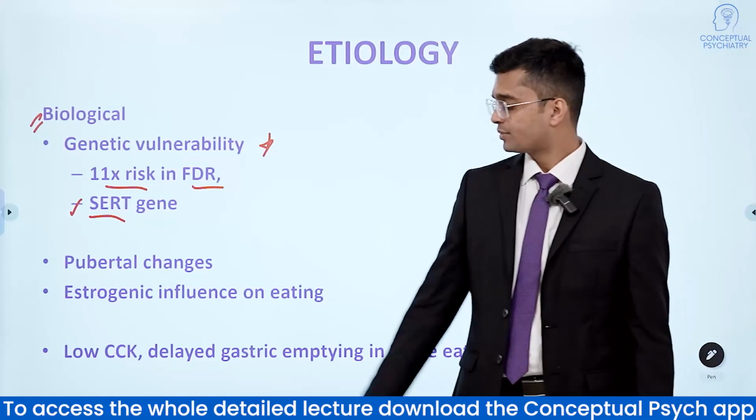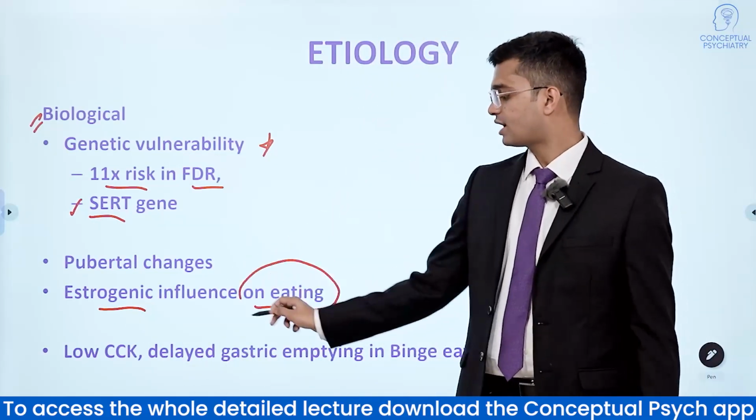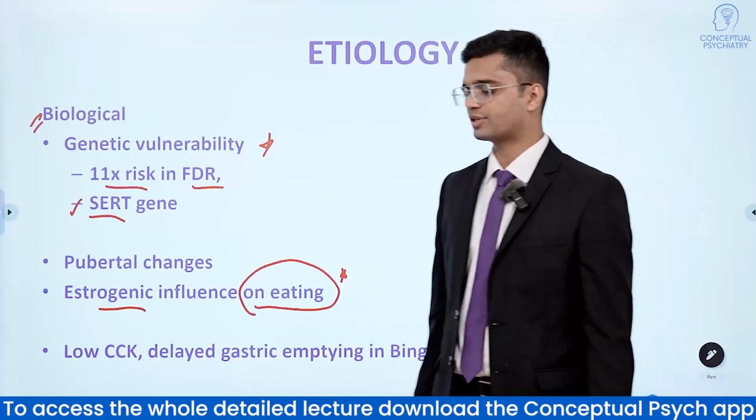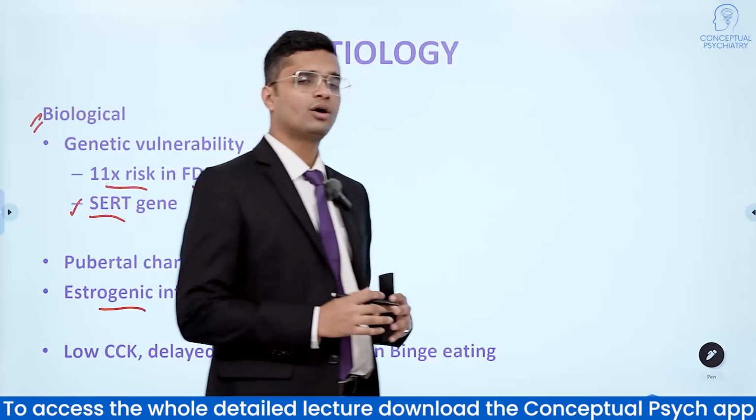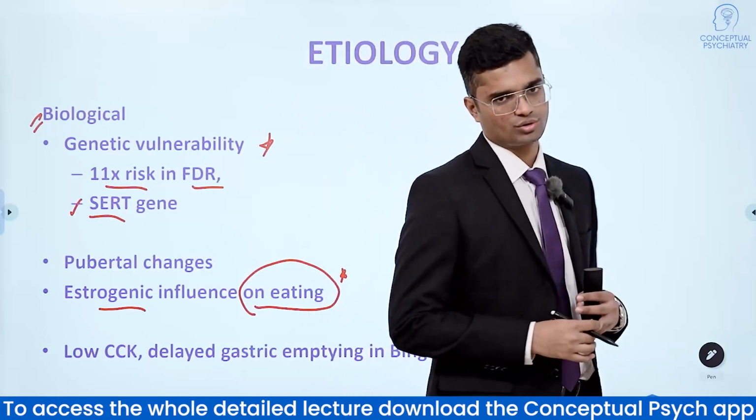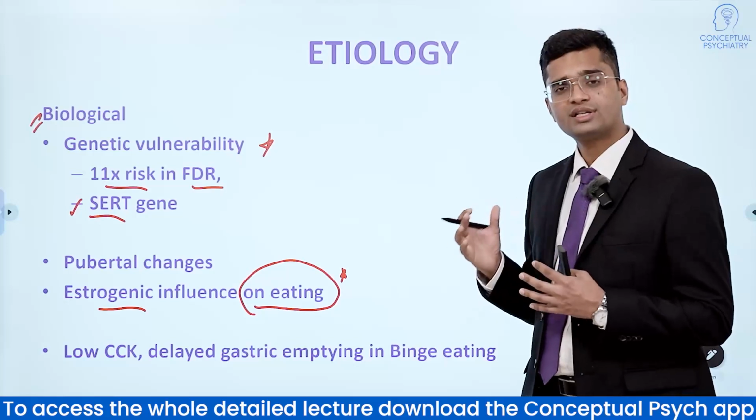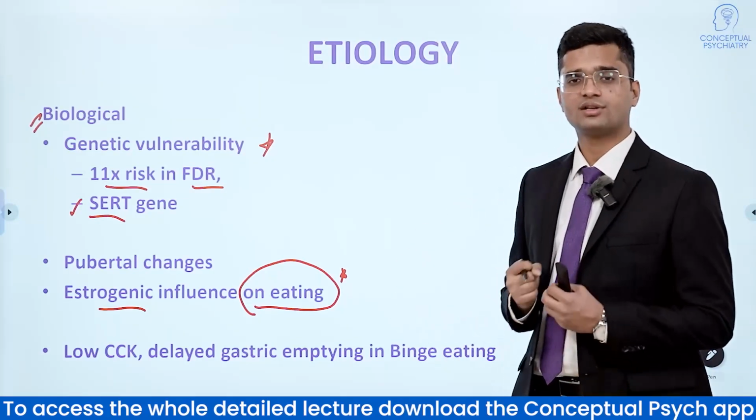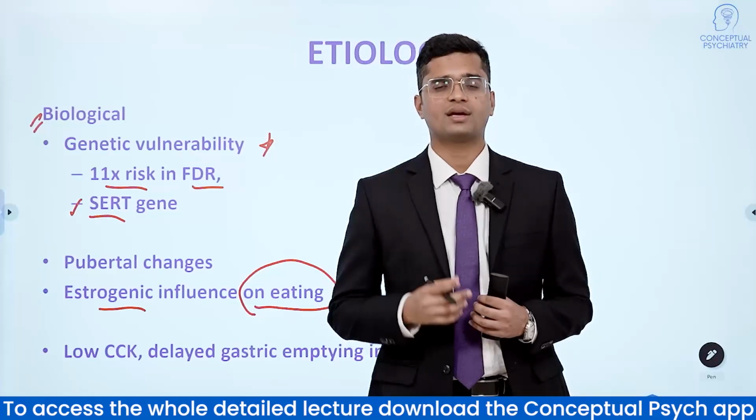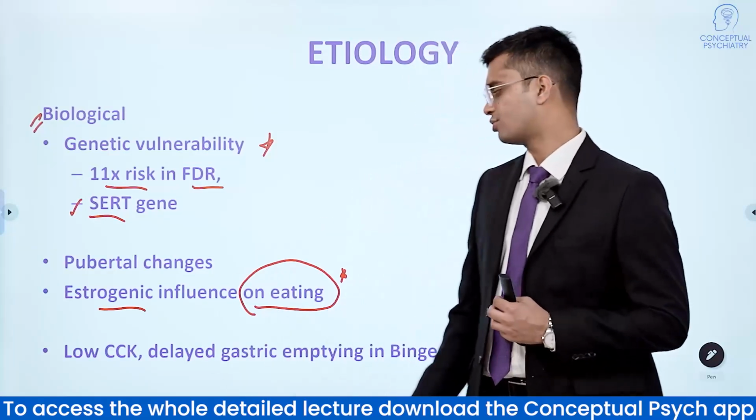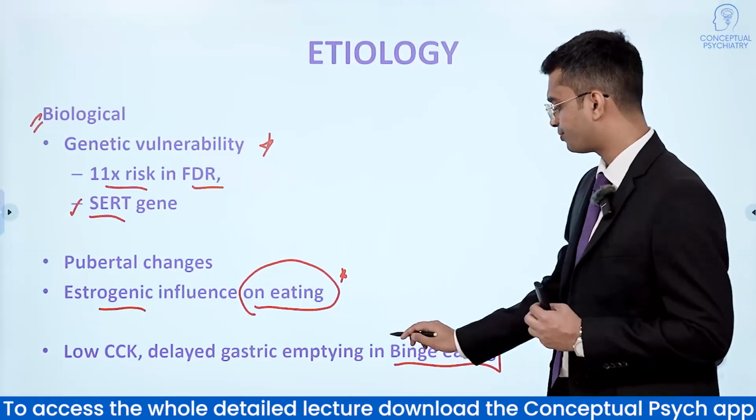And secondly, estrogen directly influences the eating habits of a person, be it during the menstrual cycle and in the longer run also. So estrogen has a direct influence on eating. Pubertal changes exacerbate these changes in hormones and hormonal cycles, thereby making an individual prone to develop eating disorders during this phase. Now, talking about binge eating disorder,